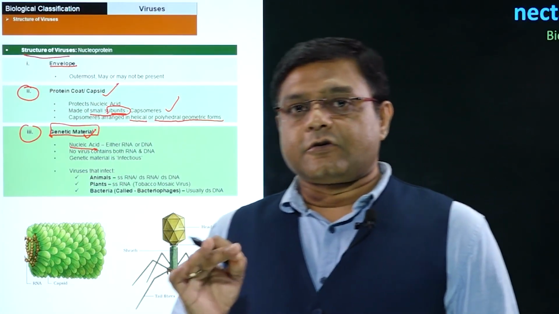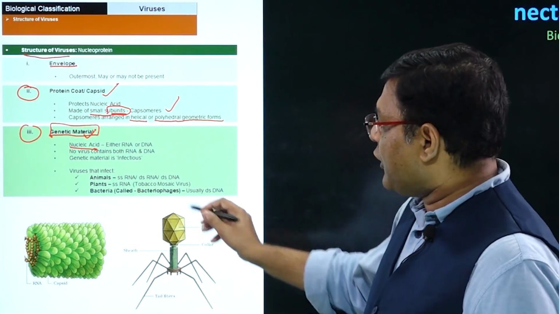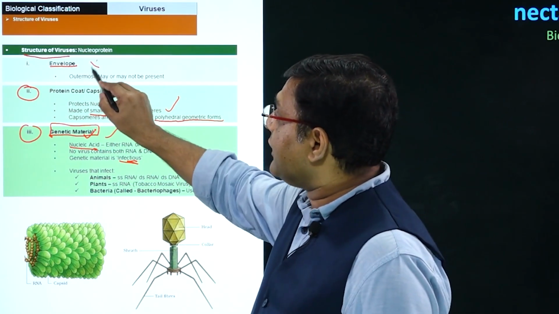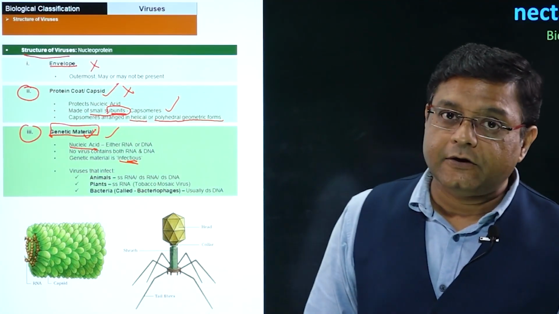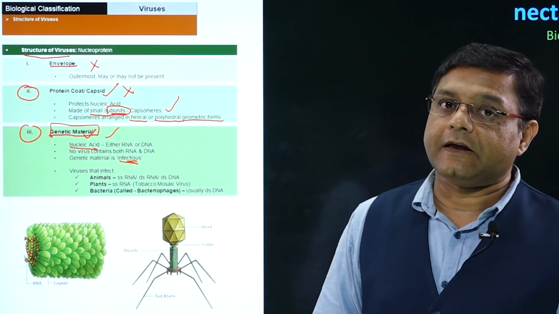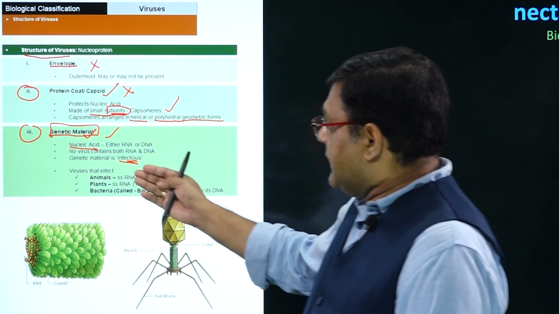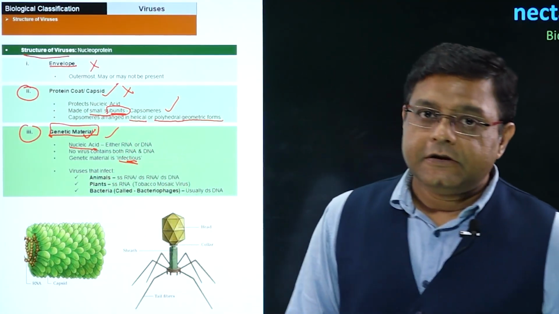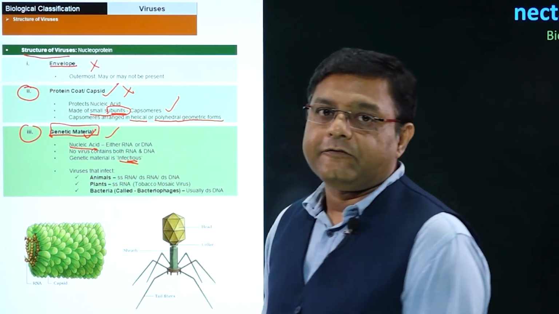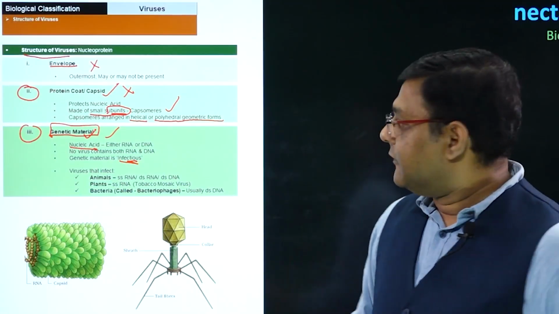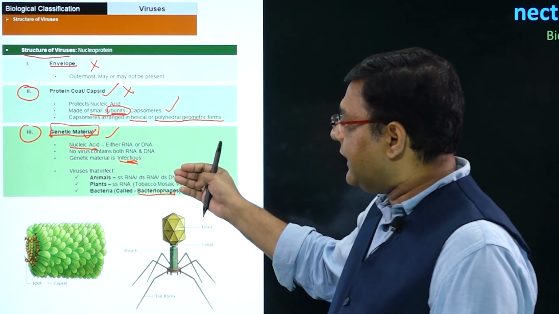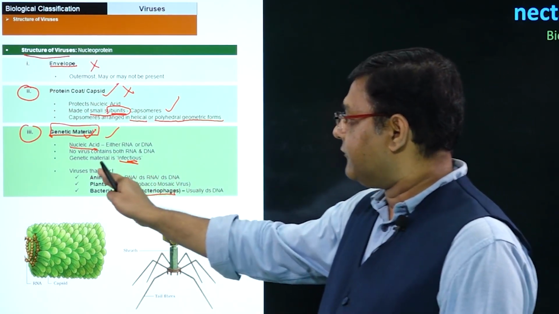Now, virus causes a lot of infections. Now, the infectious material is the genetic material. So, infection is not caused by envelope or the protein coat. Infection is in fact caused by the genetic material which is present in the case of virus. Now, viruses can infect animals, viruses can infect plants, and viruses can also infect bacteria. The viruses which infect bacteria are called bacteriophages, and we will look into different viruses that can infect animals,